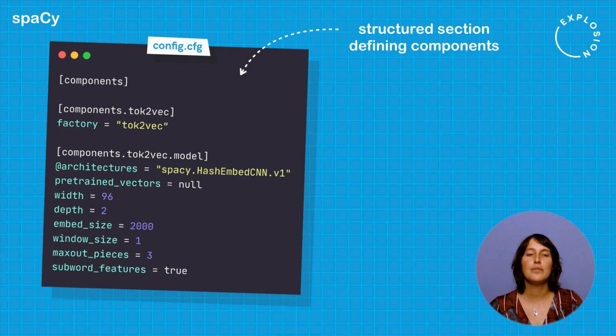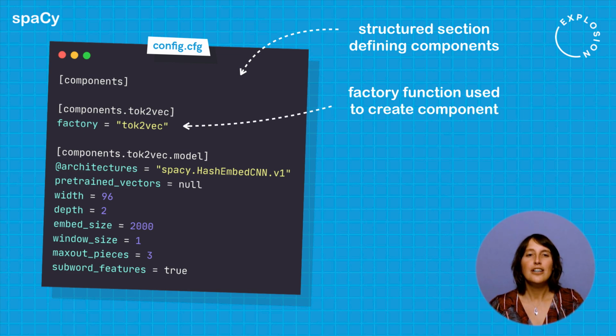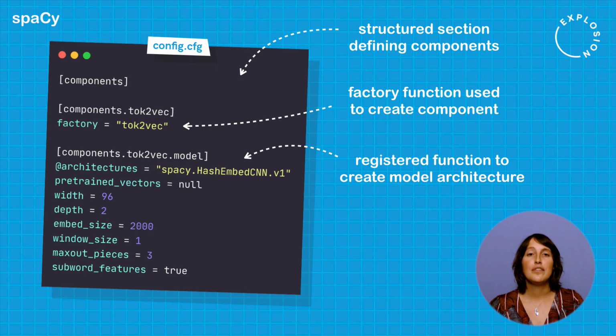Hierarchical sections are referenced with a dot notation. For each component, a factory function is called, and its arguments should be specified in the same block. For instance, the built-in factory function for our tok2vec component will receive a model argument. In our configuration, this model refers to a registered architecture called spacy.HashEmbedCNN.v1. Note how the at notation is used to access methods from a specific registry and with a specific name. The HashEmbedCNN architecture is a standard built-in model, and it requires arguments such as width and depth. These function arguments are defined in the same block as you see here.